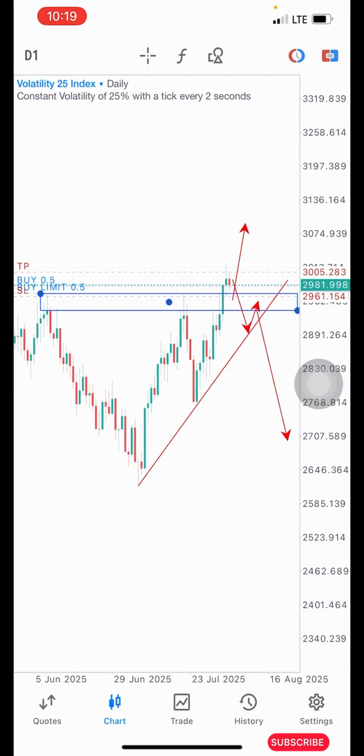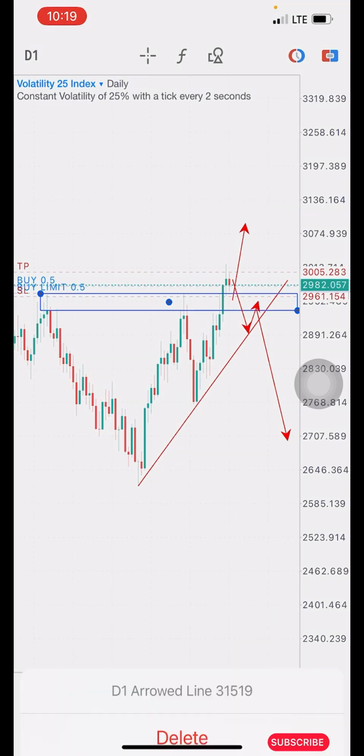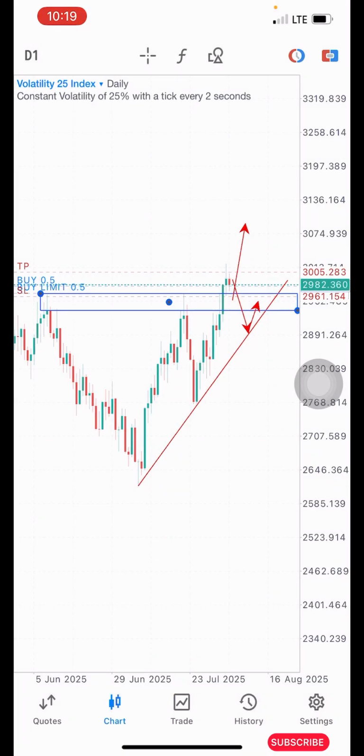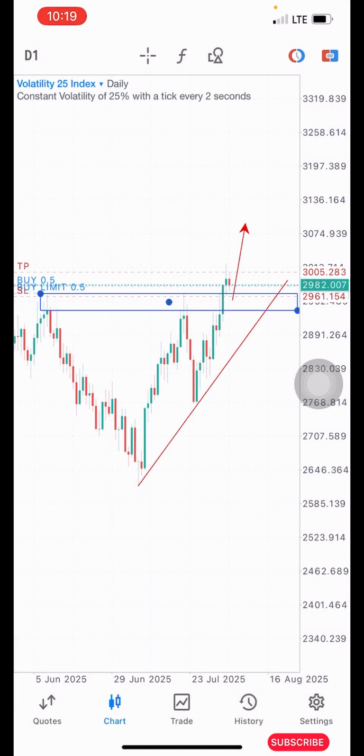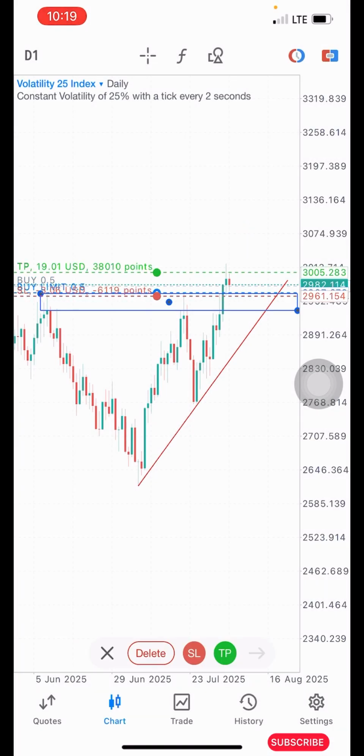So this is the two ways it's going to happen, and I want to take advantage of either way. If it goes down or it goes up, I want to be there to take advantage of those two movements. Now the first plan of action is that